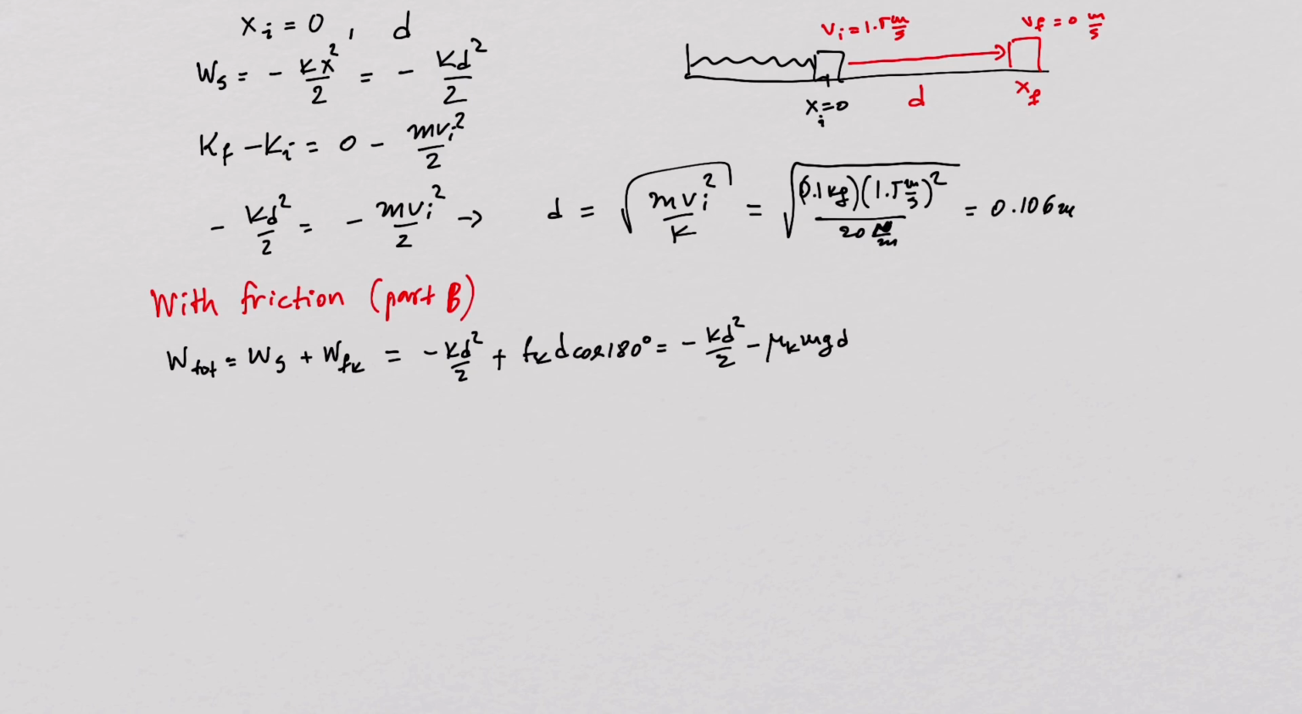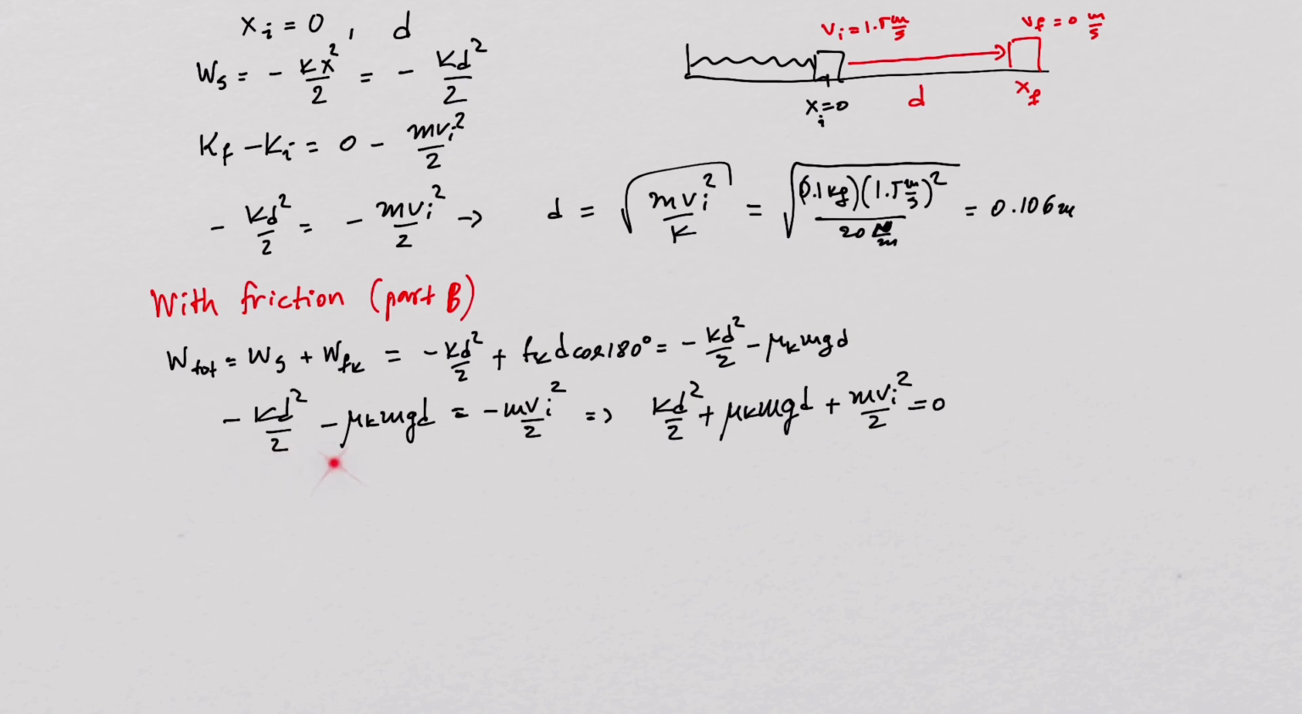The change in kinetic energy is given by the same term as before, because the glider stops at that distance d from the initial position. So we have the total work done by the two forces acting on the glider is equal to the change in kinetic energy of the glider. Rearranging the terms and cancelling all the minus signs,